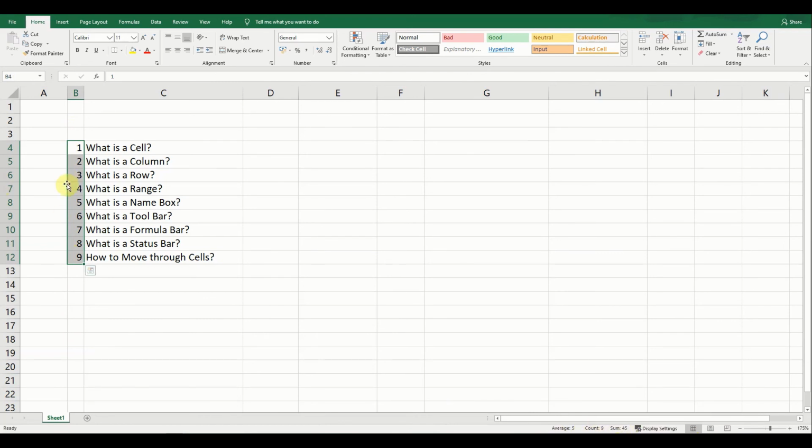Now I selected 9 boxes, so in the range 9 cells, so it is giving me the total count of the cells which I have selected. So you can see the 9, you can see the total numbers combined together, which is the sum, it's equal to 45, and it's also giving me an average of all these boxes combined together.